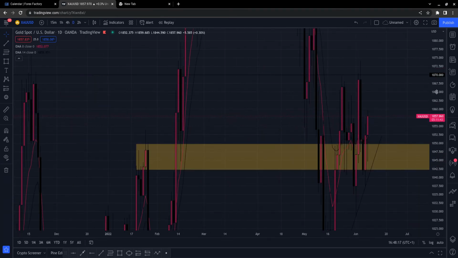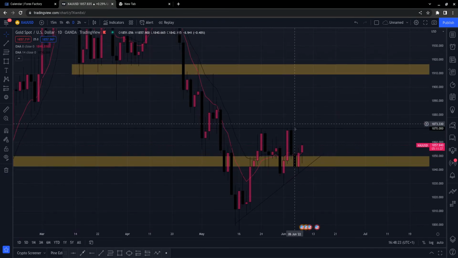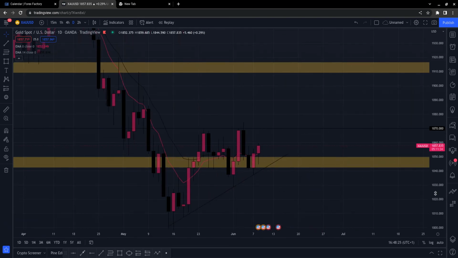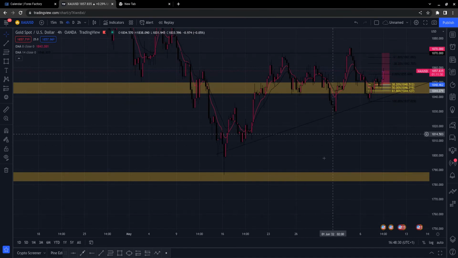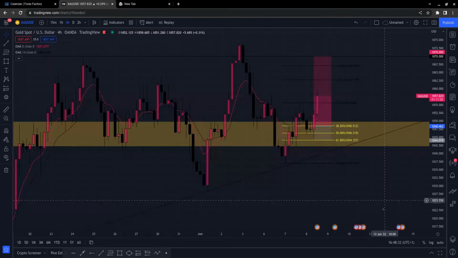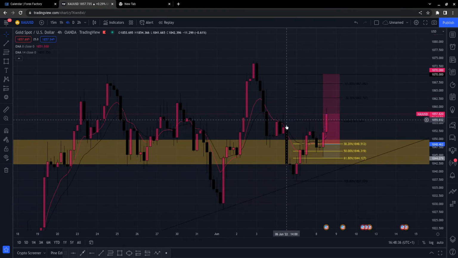Back to the daily. As you see, price has reached up to the 1870. That's why I'm targeting it as my take profit. And this is my trend line. You can see down here it recently came up, rejected, and now it's pushing up higher. It's taken out this high, which is quite good.